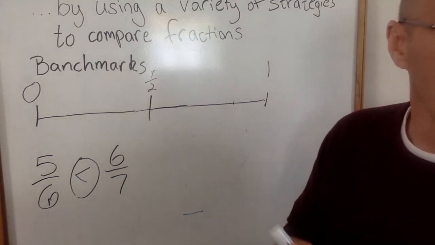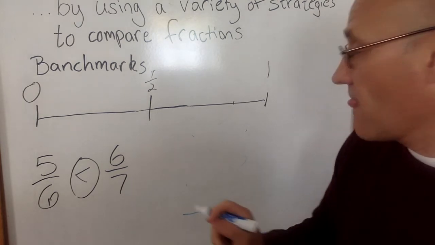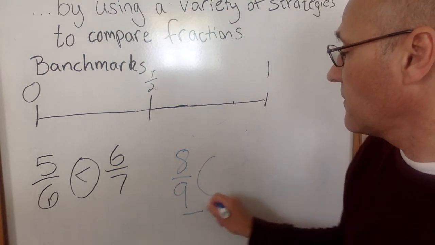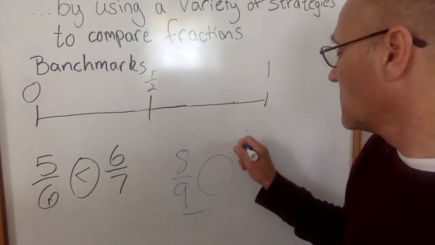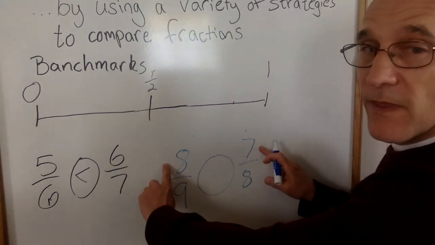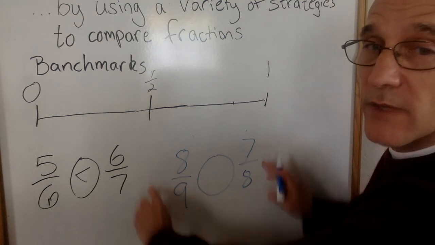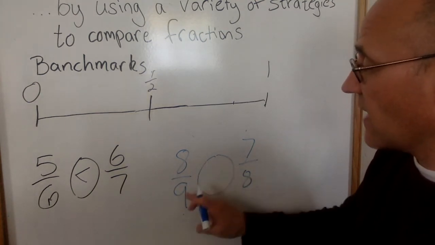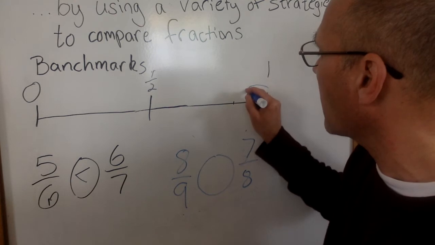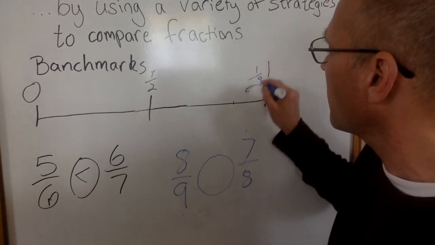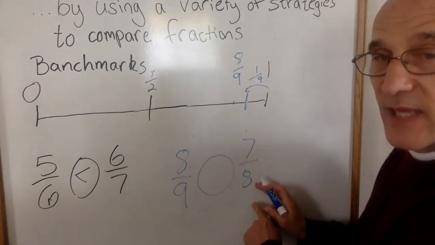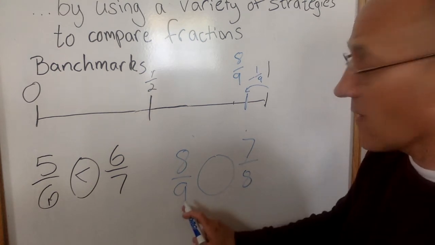All right. Let's say I have 8/9 compared to 7/8. Again, I can use the benchmark 1 because both are 1 unit fraction away from being a whole. 8/9 is 1/9 from a whole. So I'm going to go back 1/9 to go here for 8/9. Now 7/8. An 1/8 is larger than a 9th